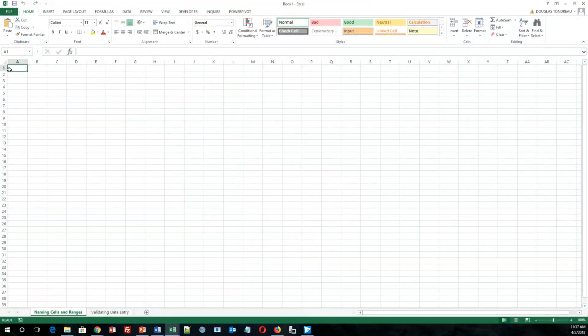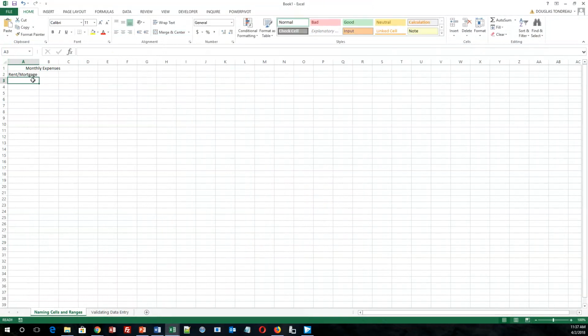So, let's say, for example, when thinking about how to design your personal application, you wanted to create something called monthly expenses. So we created monthly expenses, and what we're going to do is highlight from A all the way to, let's say, C. We're going to merge and center that cell. From there, we're going to put rent slash mortgage, depending on which of the two you are currently paying. Then we're going to put car payment. And then we would put